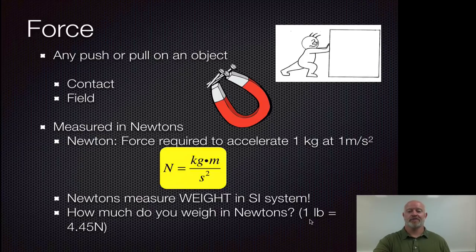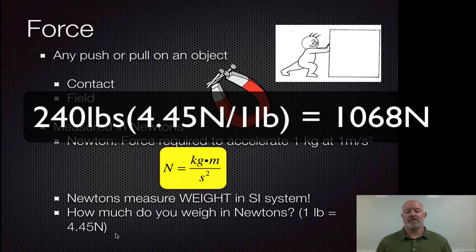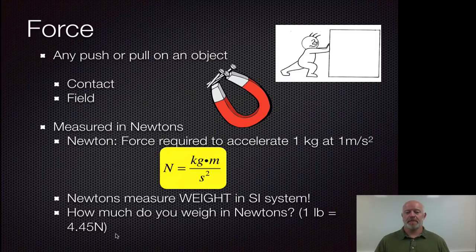Me, I weigh 240 pounds, so 240 times 4.45 will tell me how much my weight is in newtons, okay? So I'm closer to 1,000 newtons is my weight. I would highlight, bold, italicize this. I would make a poster out of it, put it up on the wall in your room. I would make this the background of your cell phone